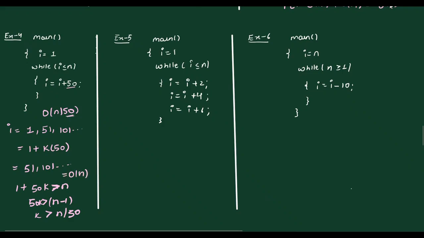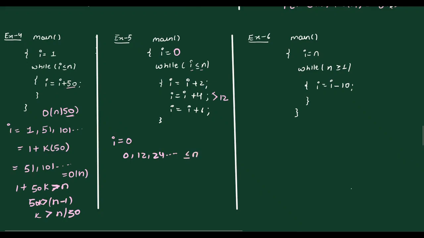So let's see what happens in the next case. What we are doing here: i is a variable which is starting from 0, and then we are running a loop until the value of i is less than or equal to n, and each time we are adding 2, then 4, then 6. So overall what we are adding is 2 plus 4 plus 6, that is 12. So basically the equation becomes 0, then 0 plus 12, which is 12, then 12 plus 12, which is 24, and so on, until this is less than or equal to n.